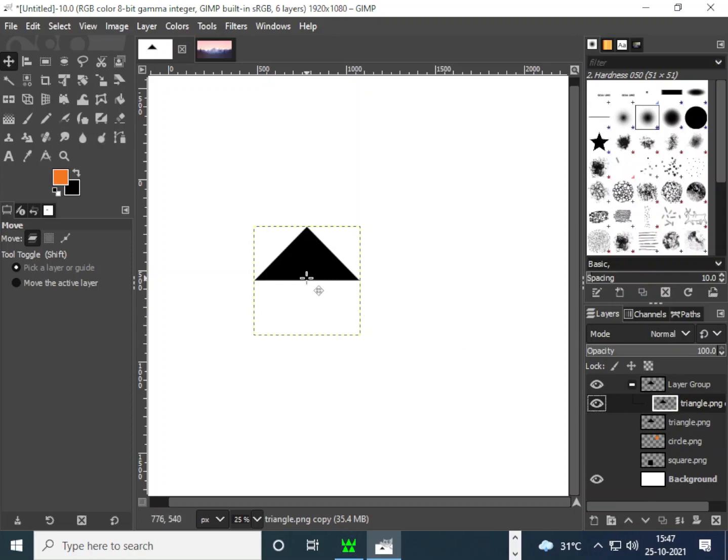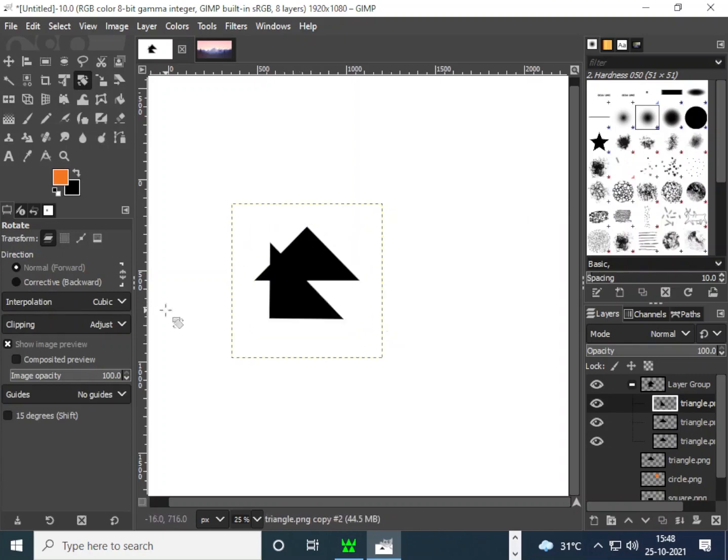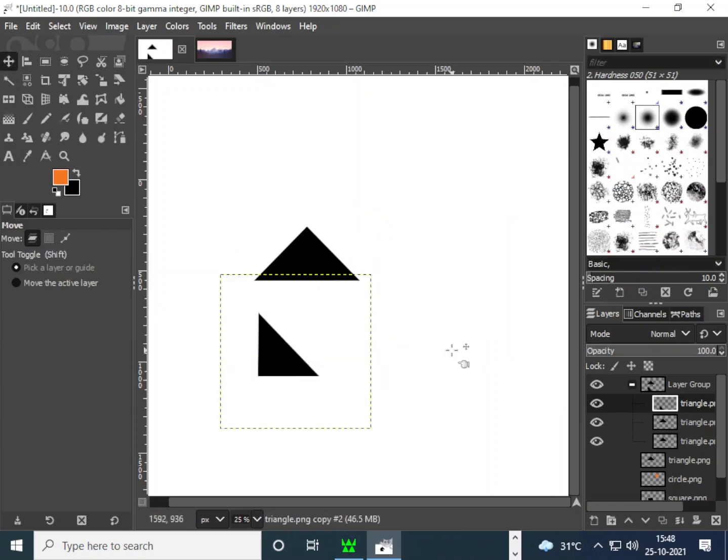What do you have to do? I require the roof, right? So why do I rotate? I have to duplicate this twice, right? And then rotate it. I have rotated, then what?